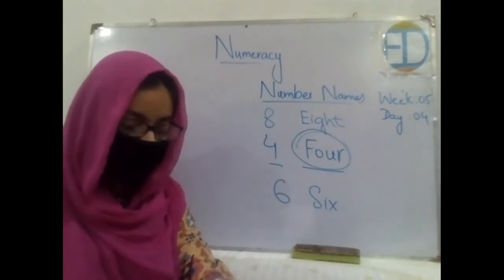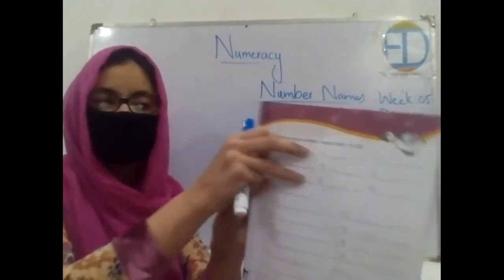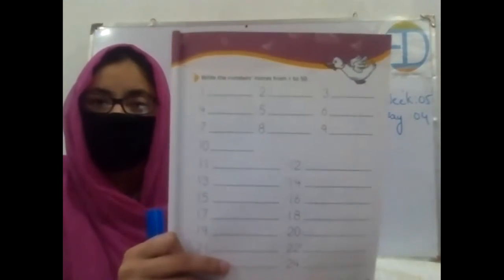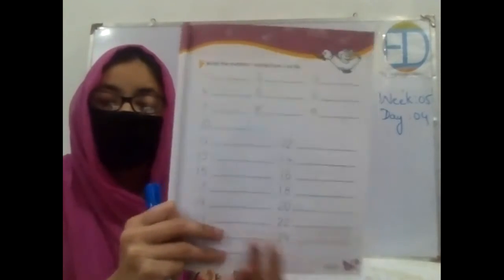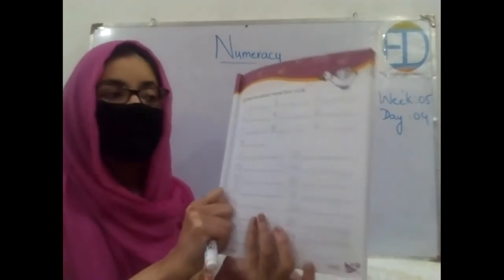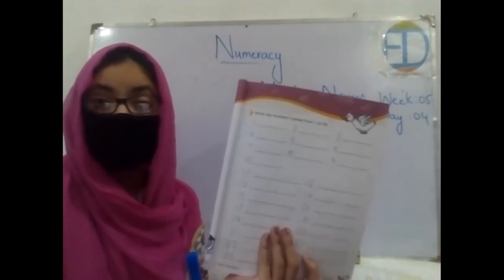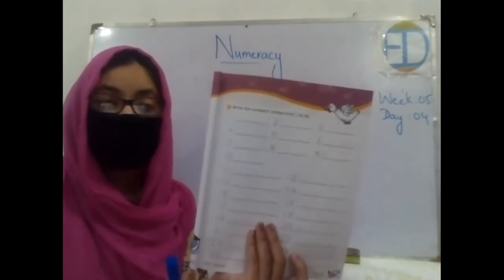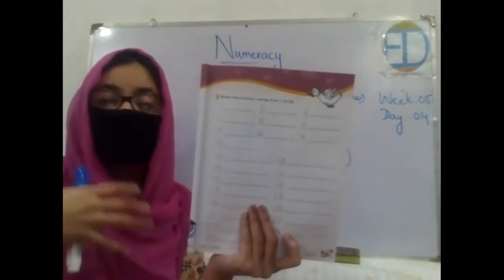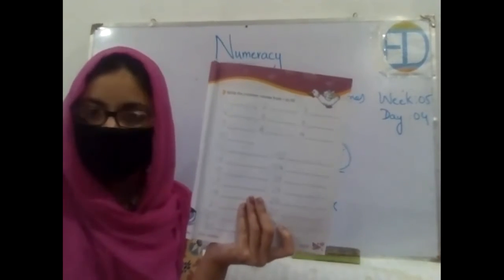So now I want all of you to open your book, page number 13. This is your book, page number 13, that we will be doing today. Today we will practice writing number names from 1 till 25. Okay, so let's start with one, because as I told you, I'm hoping that all of you know the spellings of number names till 10. So I'll be asking this from you, and then after 10 I'll be guiding you for that, right?